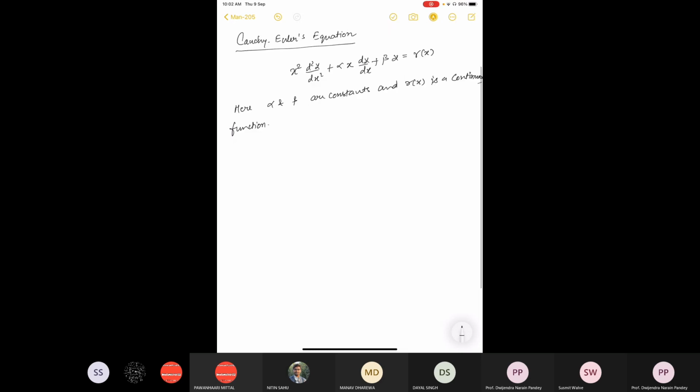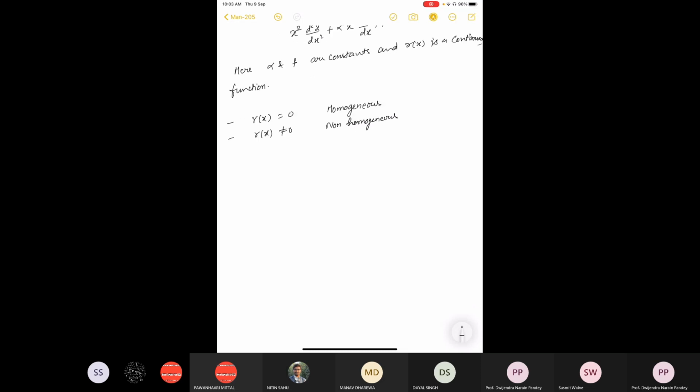And to solve this in a similar line, when R(x) is equal to 0, we call it homogeneous, and when R(x) is non-zero, we call it non-homogeneous. We are trying to solve first the homogeneous and then we'll solve the non-homogeneous problem. So we're discussing the homogeneous Cauchy-Euler